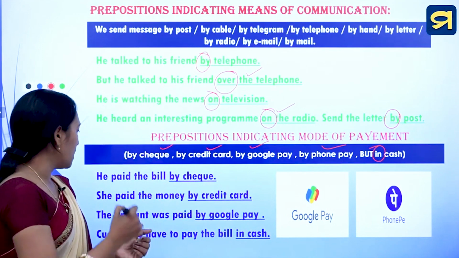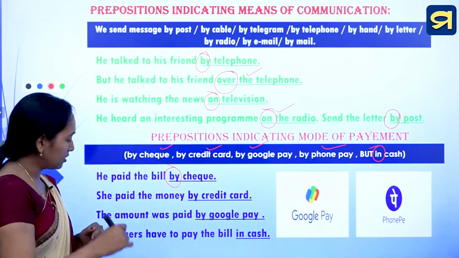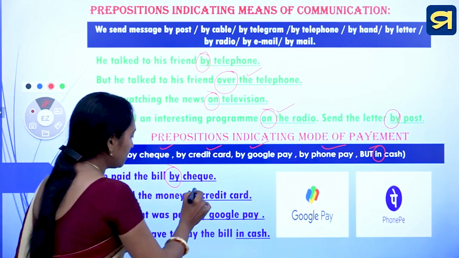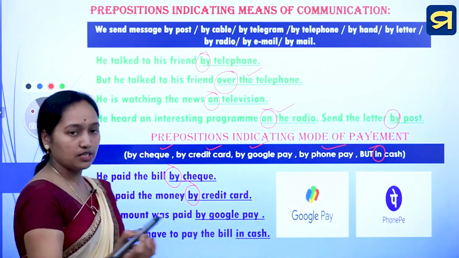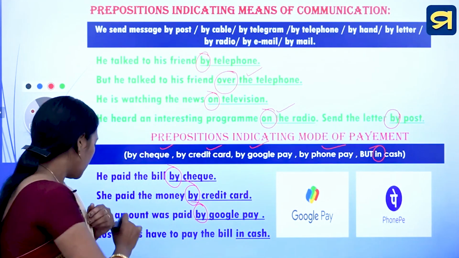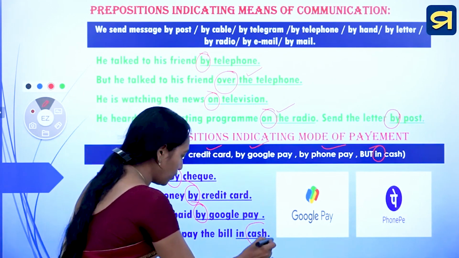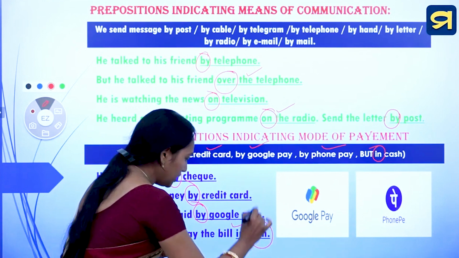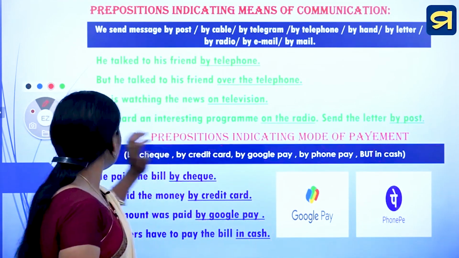Take for example, he paid the bill by check. She paid the money by credit card. The amount was paid by Google Pay. But in case customers have to pay the bill in cash, what is used? In is used. Have you got it? Okay. Next,